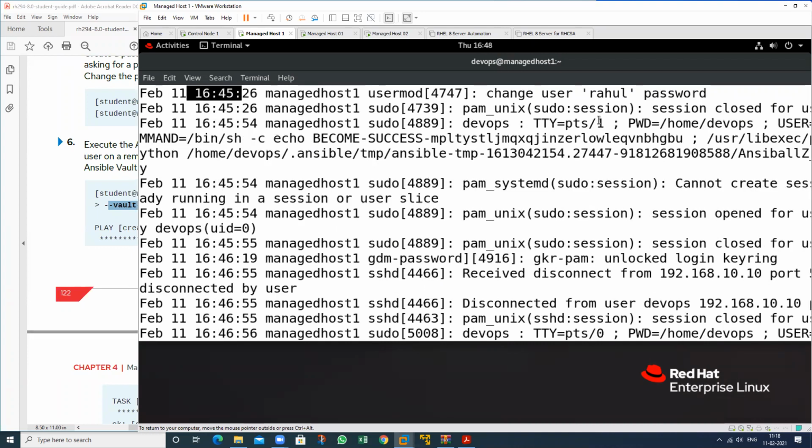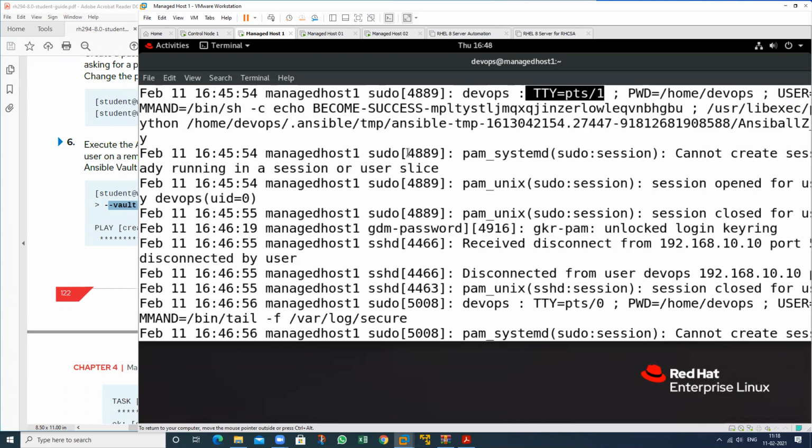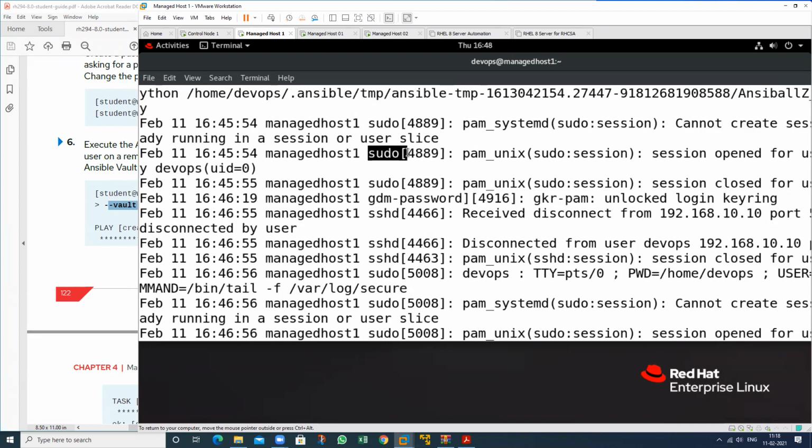So see here, in which particular TTY this will run. So who created this particular user? By using the sudo command, it opens the session, closes the session, received from which particular machine? See this one. This is my control node machine, the IP address of the control node machine, and the IP address of this one.